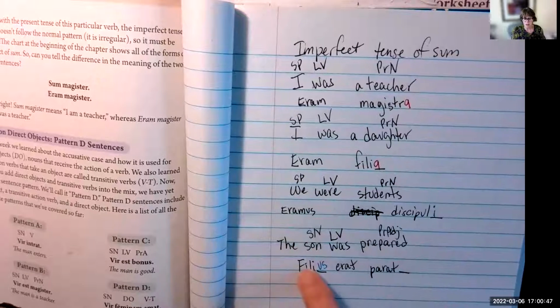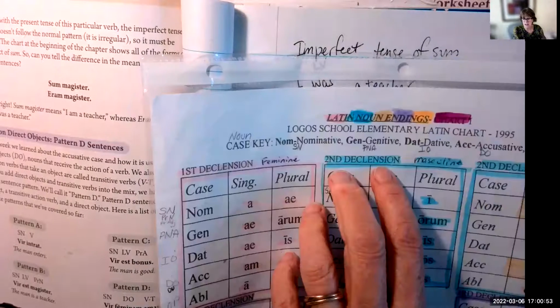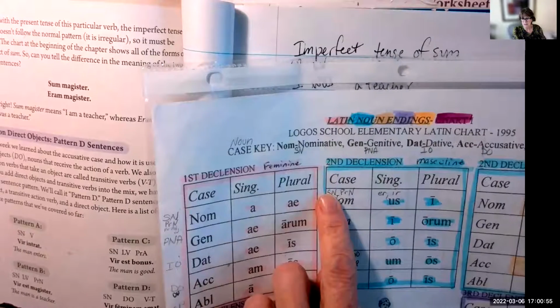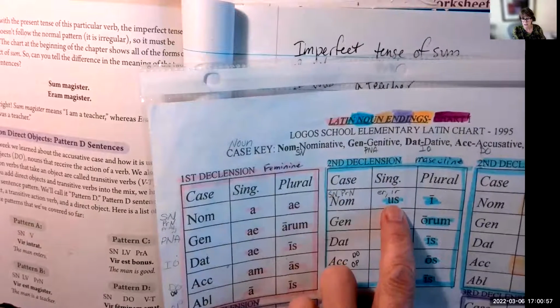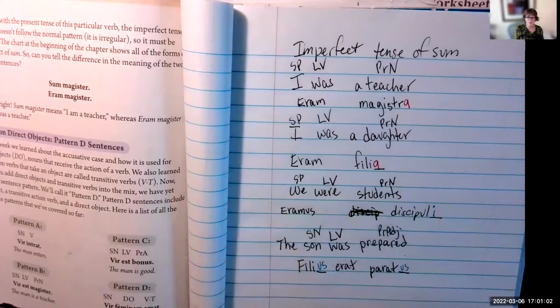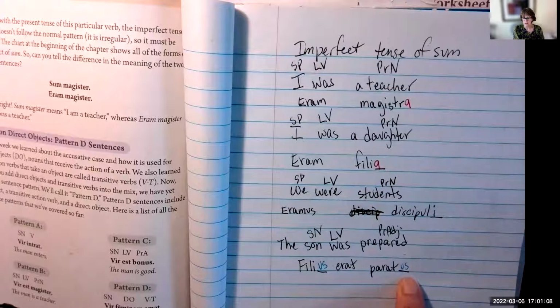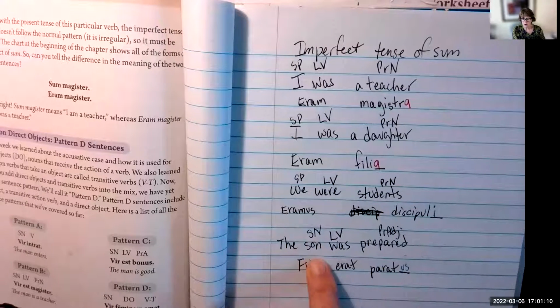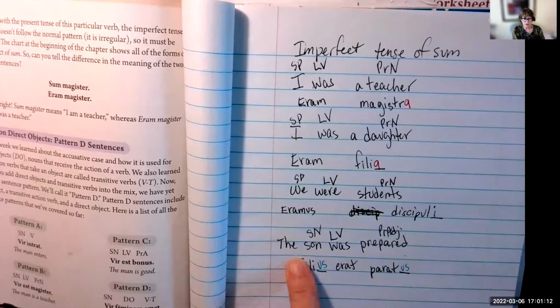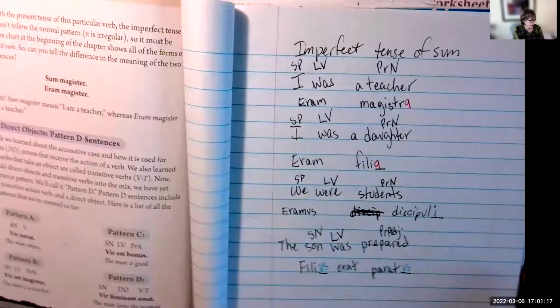This is describing that. So the adjectives match in gender. What gender is the son? He's masculine. What case is the son? It's nominative. And is it singular or plural? Singular. What's the ending? Us. Yeah, I'm asking these questions kind of fast. So gender, number, case. Adjectives match the noun they're describing. So this is pattern 5 in Shirley Grammar, and it's pattern C, they call it. Okay, so that's what this chapter is all about.